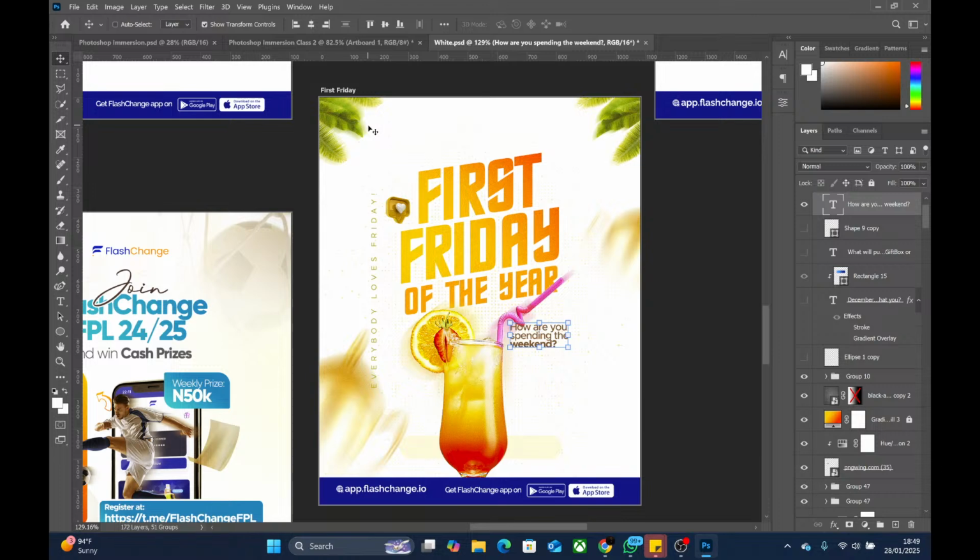It does this because it cannot auto select anything, which is the option from here. So if auto select is not active, wherever you click it will not respond to you, it will only select the last thing that you have selected. Also, if nothing is selected, I'm going to do that now: I'll activate this and click outside of the artboard, and then I will deactivate this auto select.